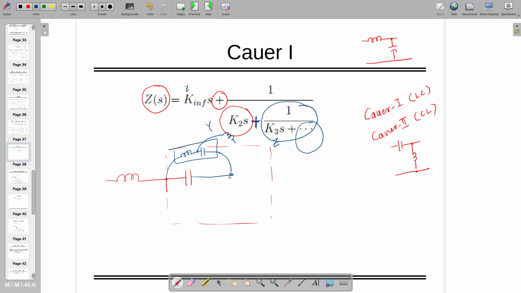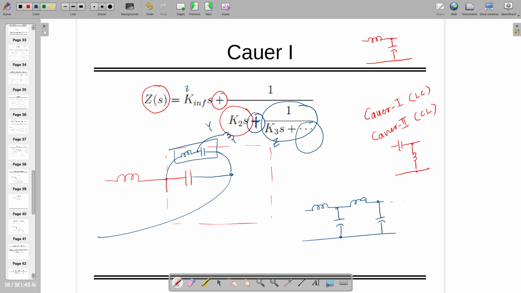So if you draw that in a better way, you are going to see inductor, capacitor, inductor, capacitor, and so on, right? Are you following this? Because sometimes it looks confusing, you just have to remember wherever you are seeing the plus sign, whether it's impedance or admittance,